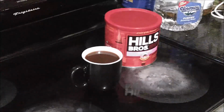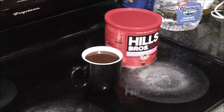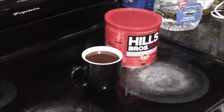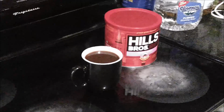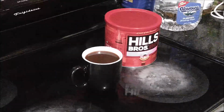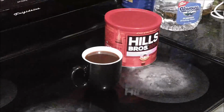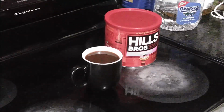And the thing is, I think because it's so bitter initially, I'm drinking it at a slower rate than I normally do, causing it to cool off faster, causing it to become more bitter, causing me to like it less. For some people, they like bitter coffee. They like acidic coffee. They like just plain old, I'll call it what it is, cheap coffee,